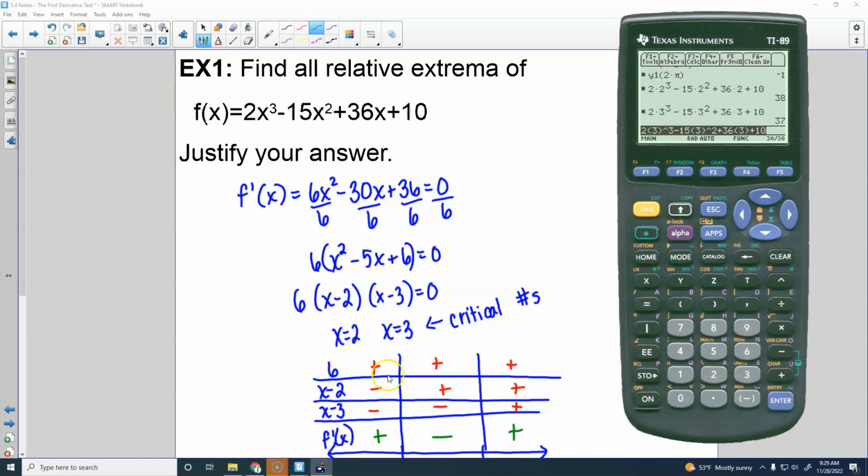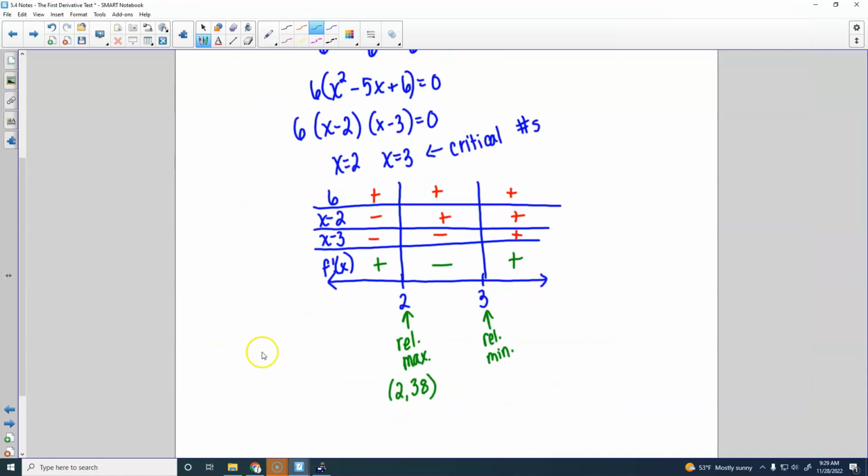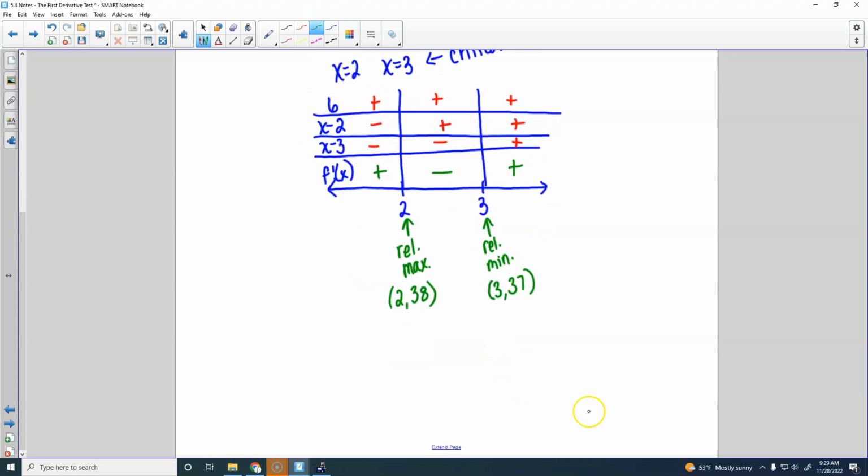That's 37. So I've got (3, 37). All right, so you would justify this by saying f of x has a relative